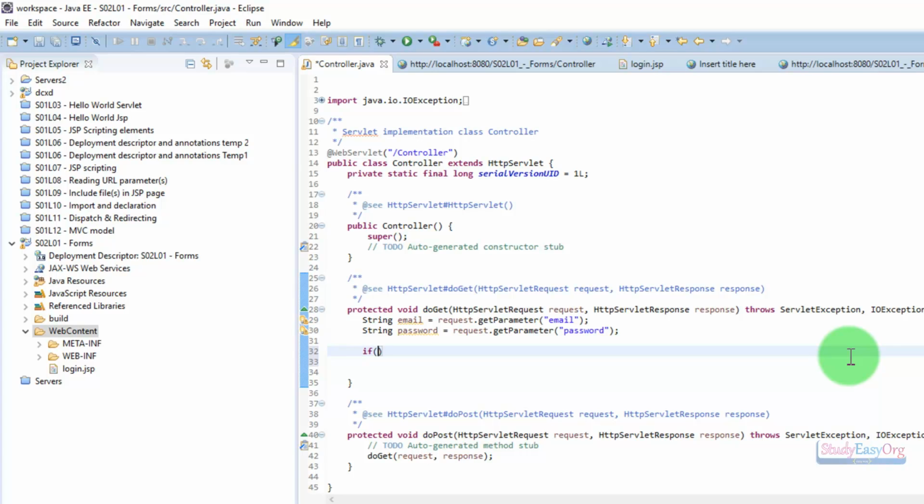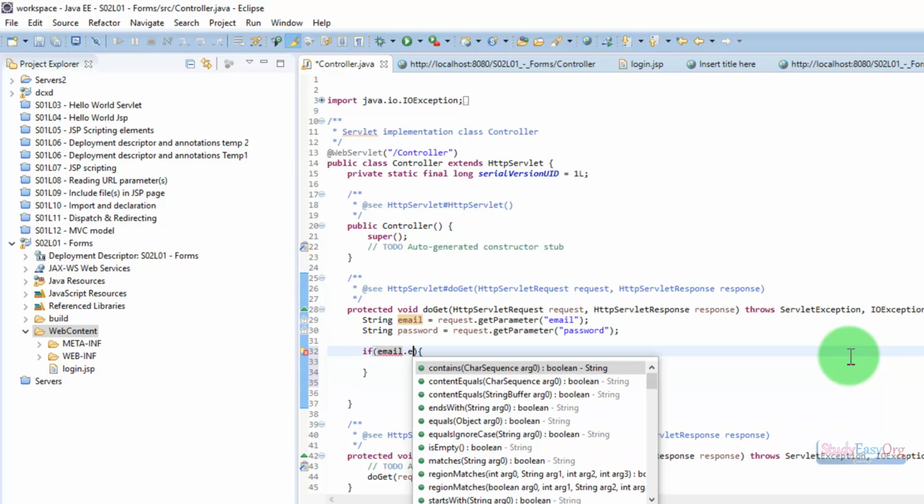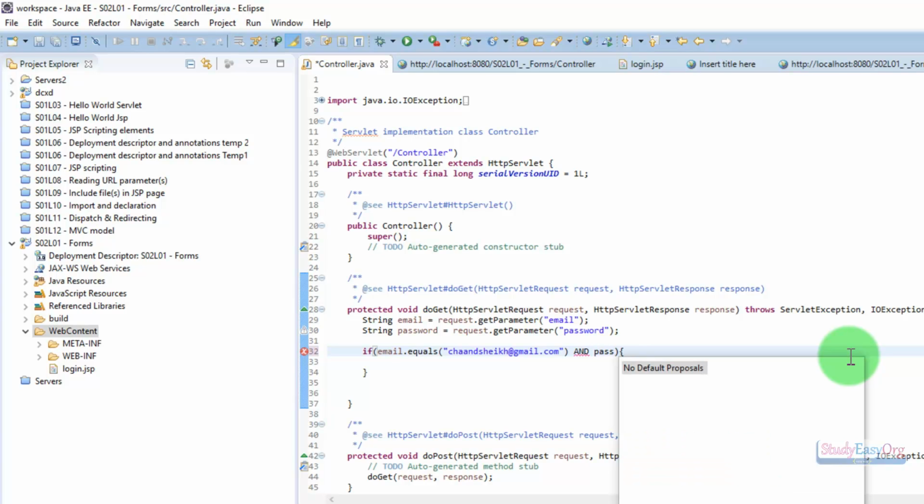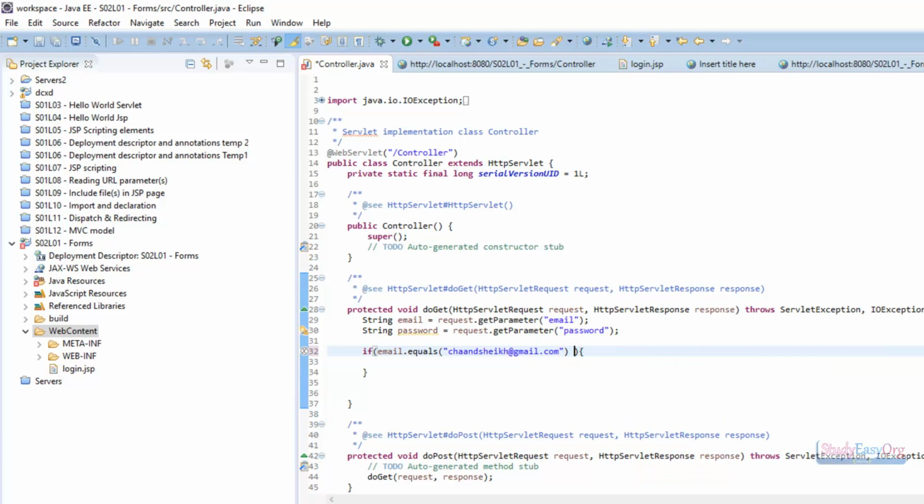So we will type in if email.equals chanshek at gmail.com. This keyboard is not good at all, and there would be again one condition. We will type in and password.equals 123456. Here we go. And if these two pieces of information are correct, then we will display a message, and for that